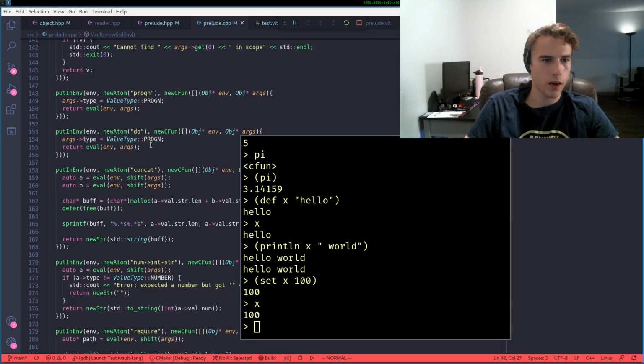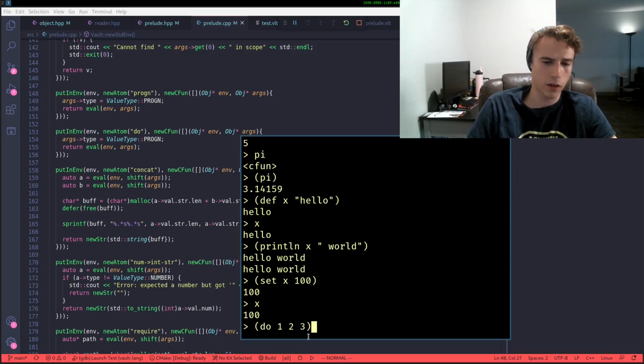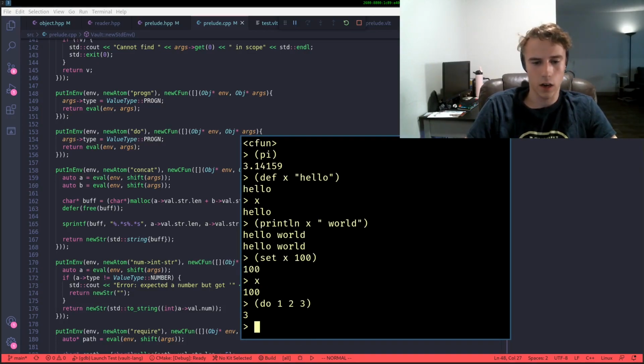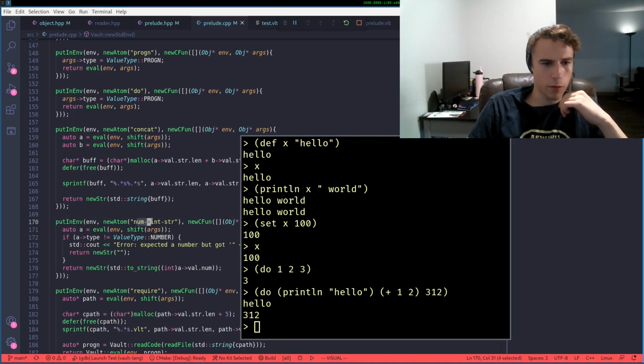Do blocks and progns, you can think of these as kind of like curly braces in other programming languages, but the difference is that they evaluate every single expression in the list and then return the last value in the list. So this is going to return 3. I can say do print line hello, add 1 and 2, and then just return 32. It's going to print hello, and the result of the addition gets thrown away, and then it returns 32. You can convert from a number to an int str,